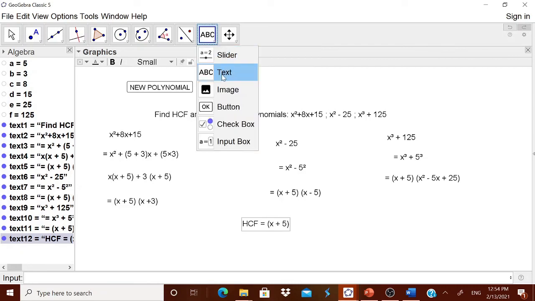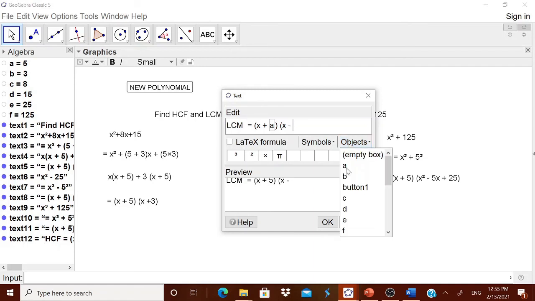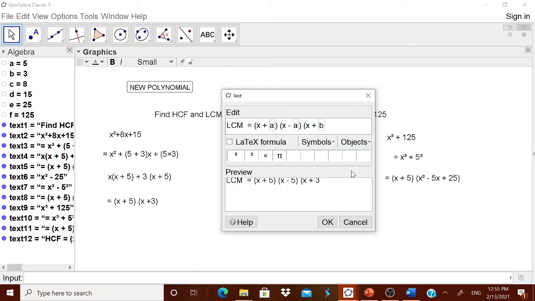Okay, well now let us go for writing the LCM. Therefore writing the LCM is equal to, you know that all the terms should be written except the term which is being repeated. Therefore x plus a into x minus a into x plus b. I think in this problem I have taken only positive, so it is coming as x plus b.